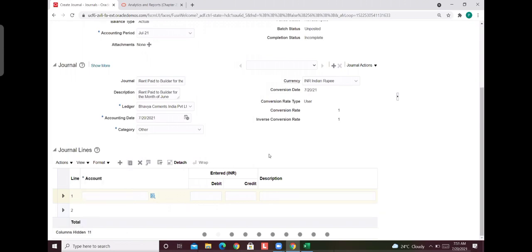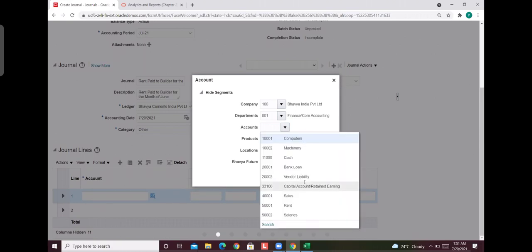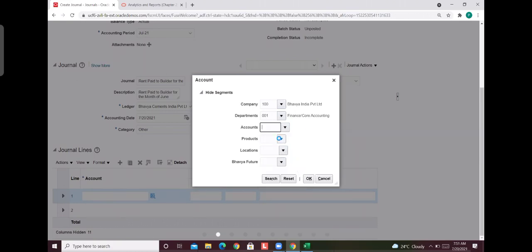Okay, then INR is our ledger currency. Go to here, select the combination. Company, department, accounts, product.